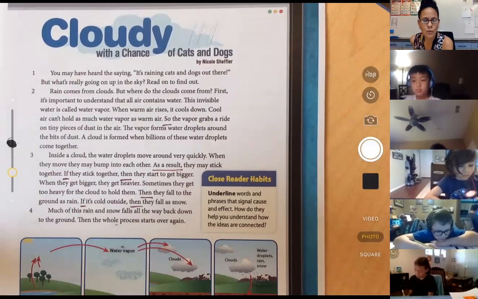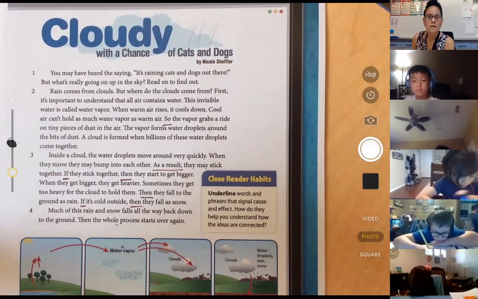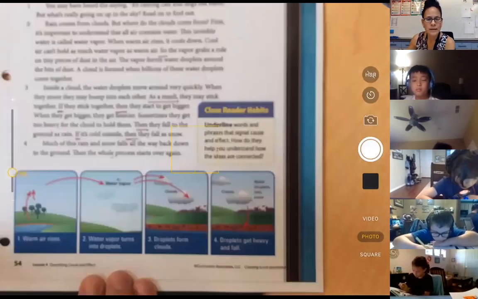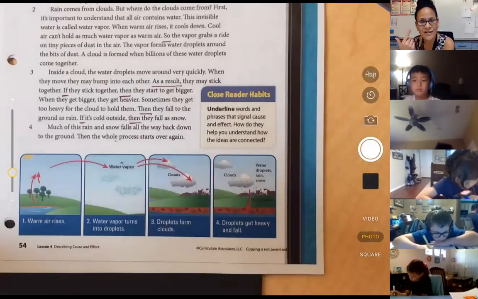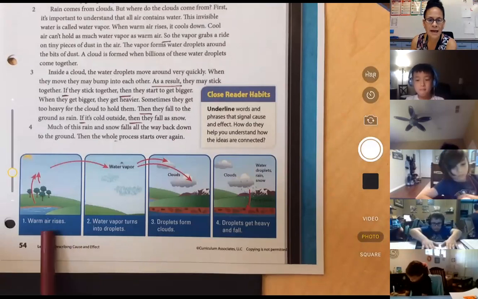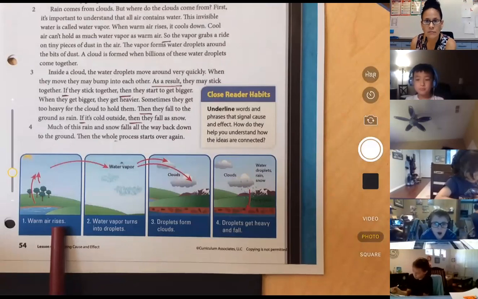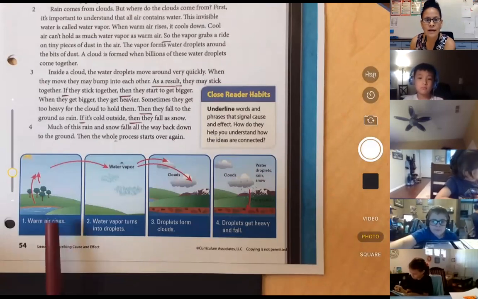So with those signal words in our brains, let us take a look at the images below. Again, image is super powerful, right? Super powerful. Gives us a picture to the words. So let's take a look down at the bottom with those signal words in our brains. Okay, so let's look at frame 1, where my pen is tapping. It says, warm air rises. Could we put a signal word in here? We sure could. Then